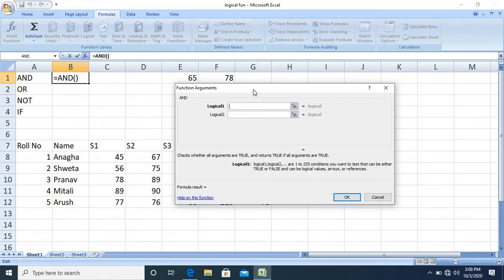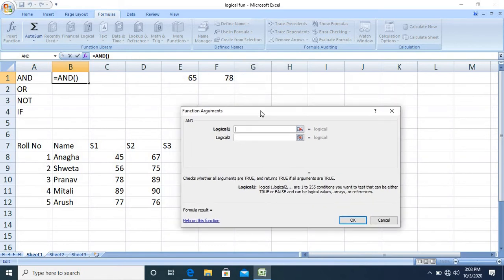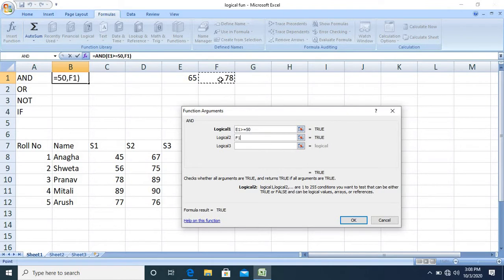Let me take an example here. Suppose the logical test is E1 greater than or equal to 50, and the second logical condition is F1 greater than or equal to 50.